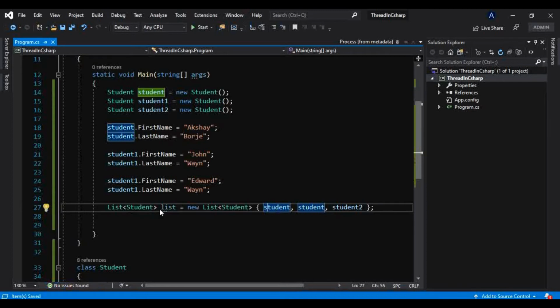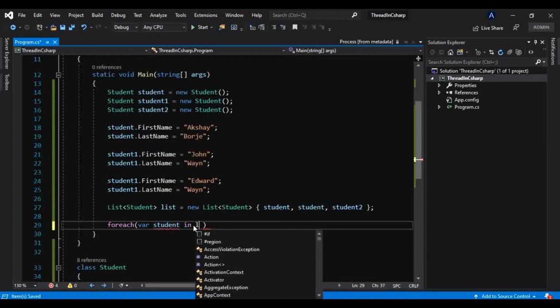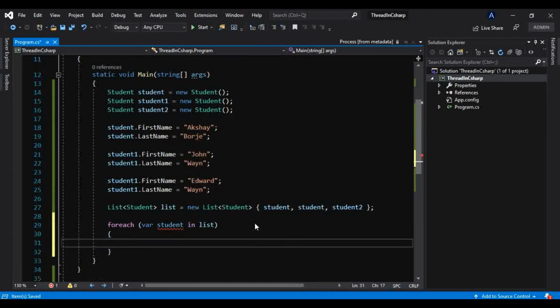Now we have this list and I want to show it on the console. For each, or let's say I will name it student, for each student in this list of Student, so that it will be more readable.